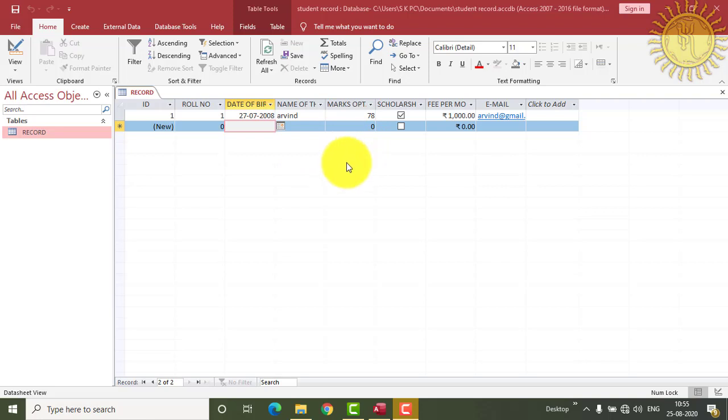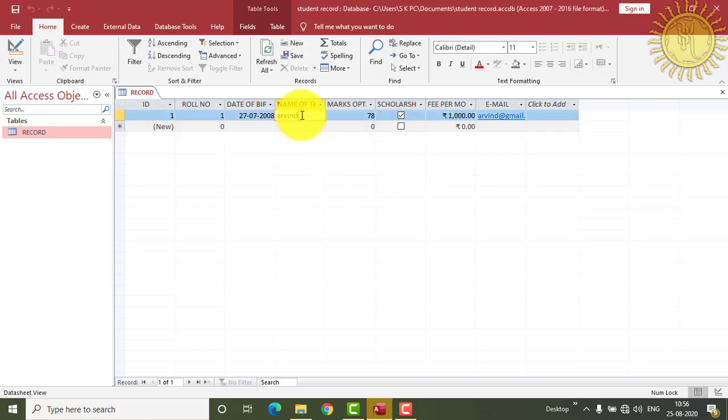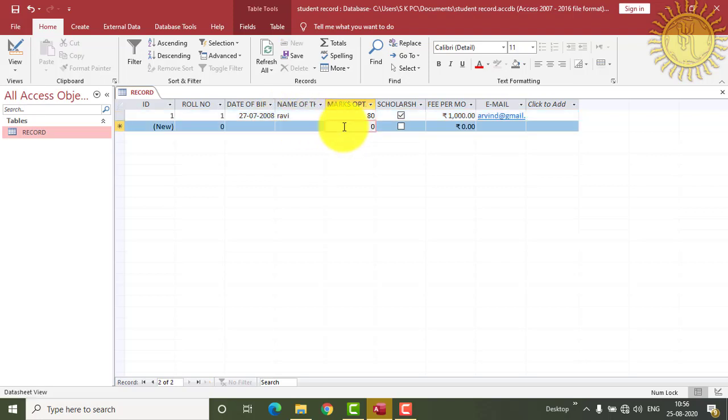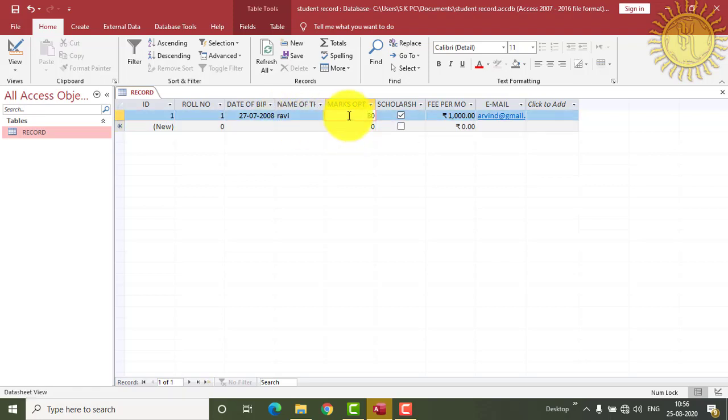So for that you have to just move the cursor to that field or that cell which you want to change, and you can just delete that data and change it. Okay, so like this you can change the record, you can edit the record of this table and it will be automatically saved.